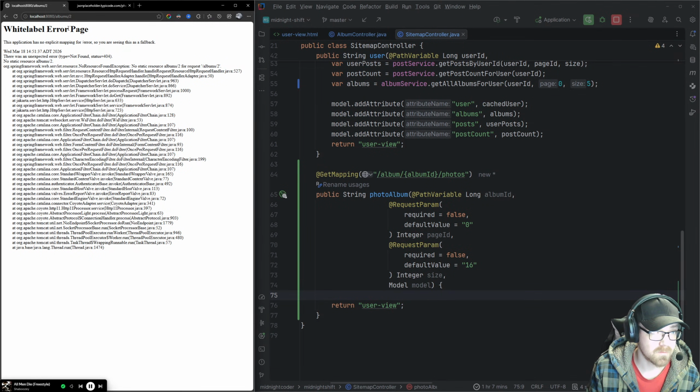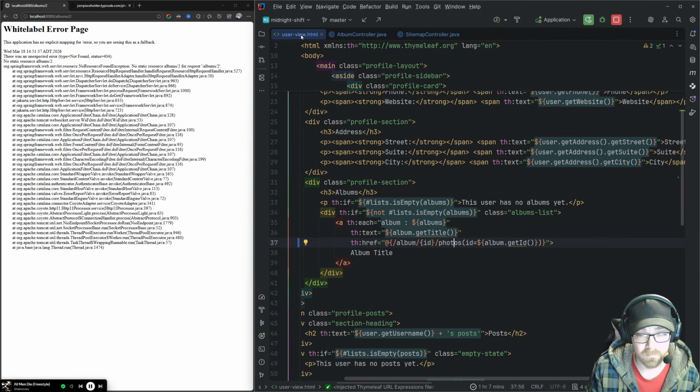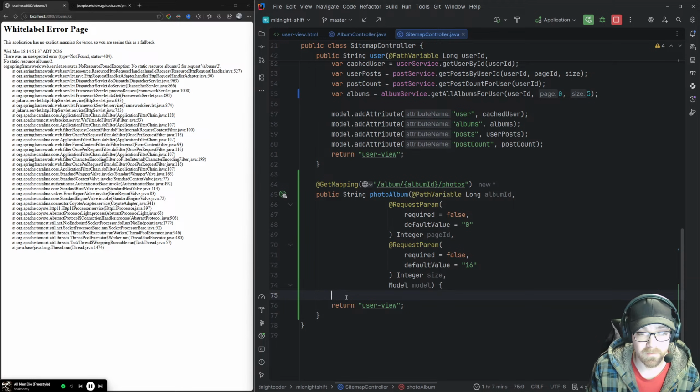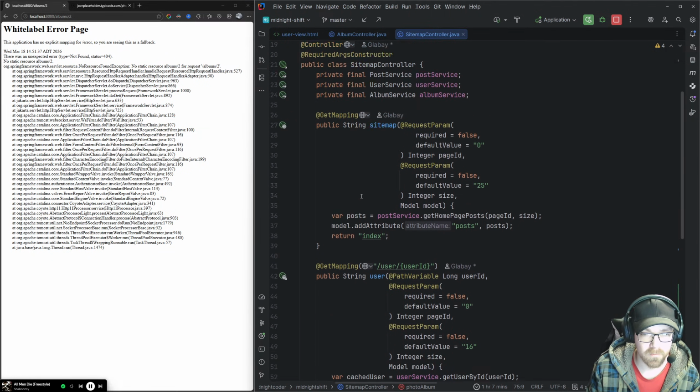I want to go to photos or albums. No, this is going to be album. So yeah, that's going to get changed to album ID photos. Okay, so I want to come in here and I want to get all the photos for the album.